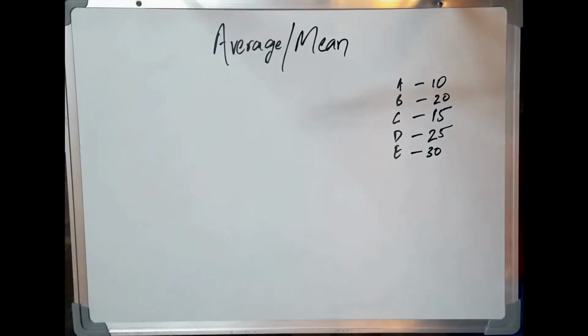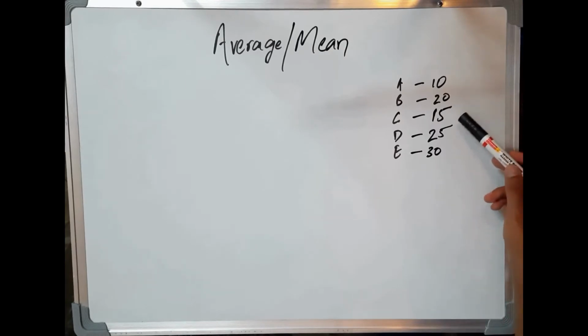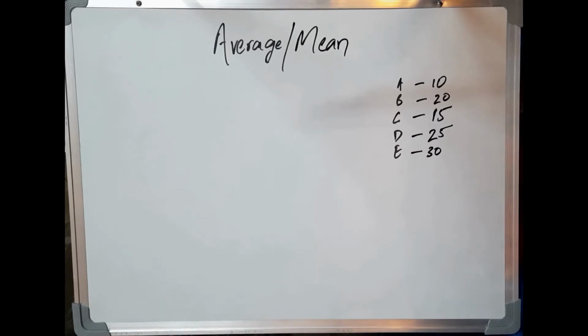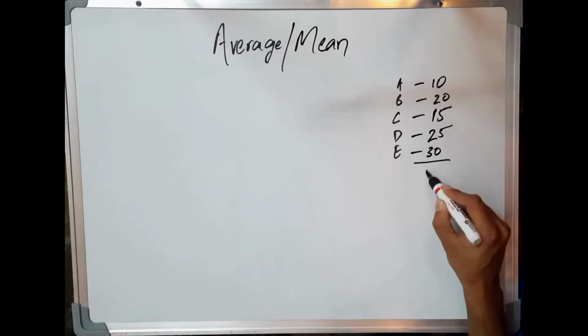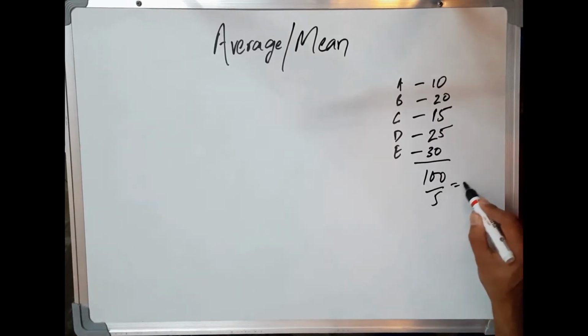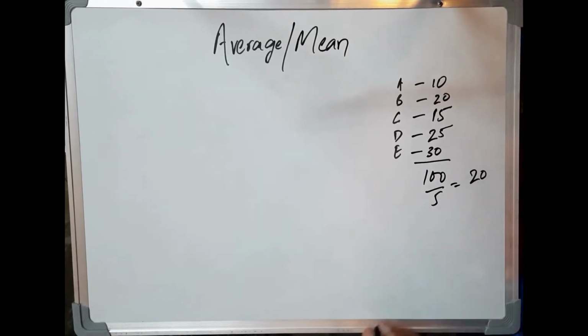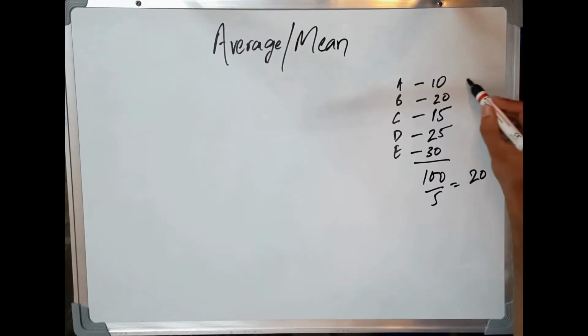The topic I'll be covering in this video is average. If I say there are these 5 kids and they have these many balloons with them, if I ask how many balloons on an average these kids have, I'll just go ahead and add these numbers. The result I'll be getting is 100 and I'll divide it by 5 as there are 5 kids. So I'll get 20 as a result. And I can say that on an average these kids have 20 balloons with them.